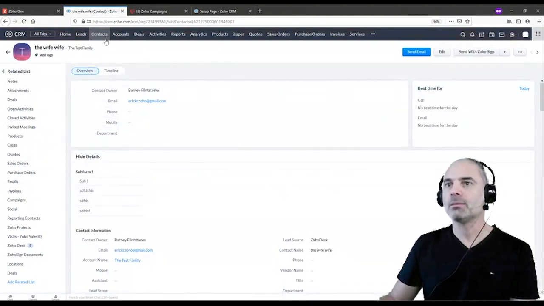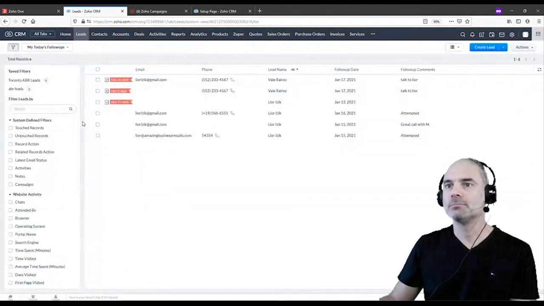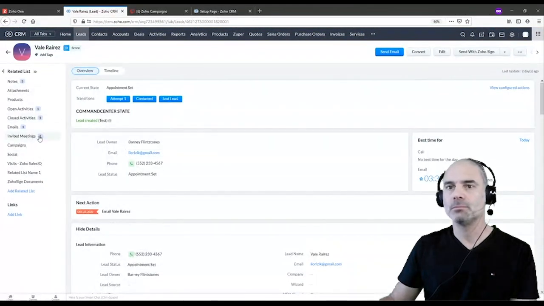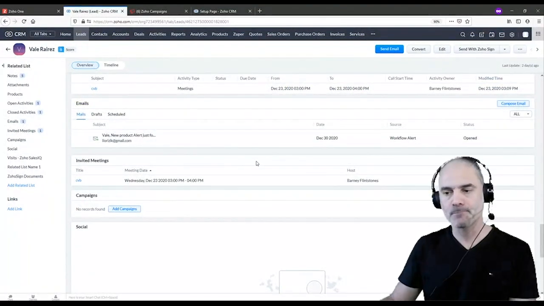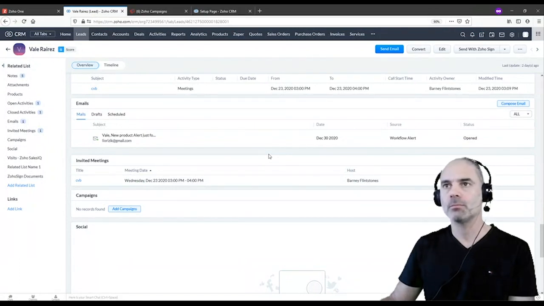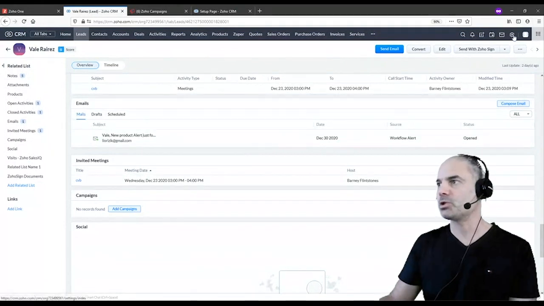So we communicate with customers mostly via email, and we used to use Sugar CRM, and they have a nice configuration where you can have basically an IMAP client, and when an email comes in, it is associated with the customer if they're in the database. Zoho doesn't have a way to do this? Yeah, it does. Let me show you.